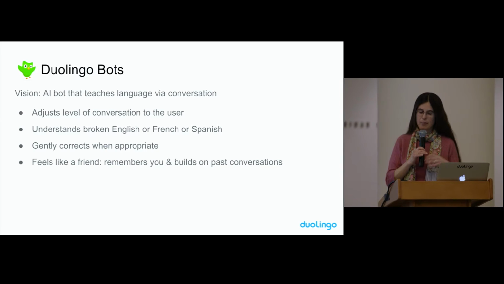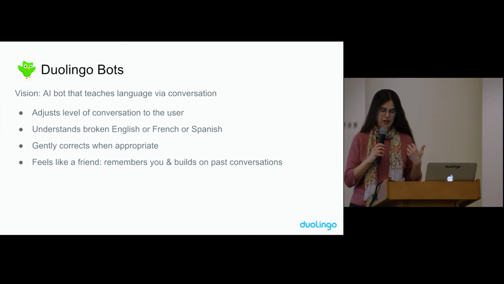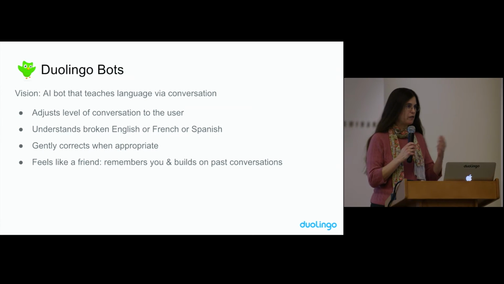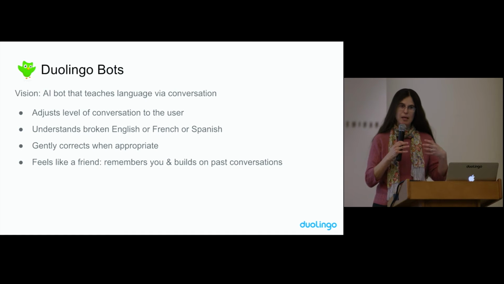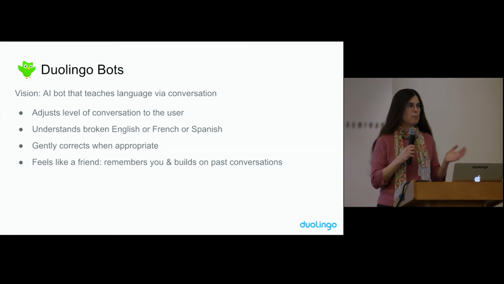A common request that we get from our users is that people would like to practice conversation in addition to using Duolingo as is today. The idea here is, if you're an English speaker learning French, say, we could pair you up with a French speaker learning English, and maybe the two of you can learn from each other. So this sounds like a really elegant idea, and we've tried this kind of thing in the past, but we find that most people actually don't like it when they try it.